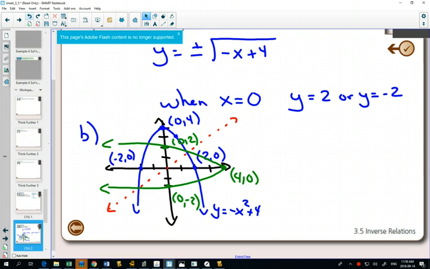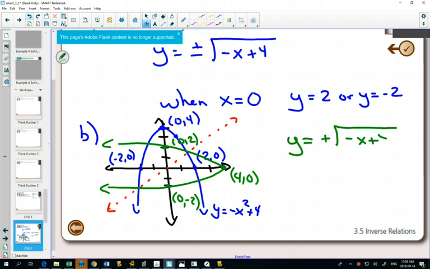Something more that's interesting that happens in this graph is, if I look at just the positive part of this, that's a square root graph, right? That's a square root graph that has a horizontal reflection and a horizontal translation. Horizontal reflection would reflect it over the y, right? And then the translation would move it 4 to the